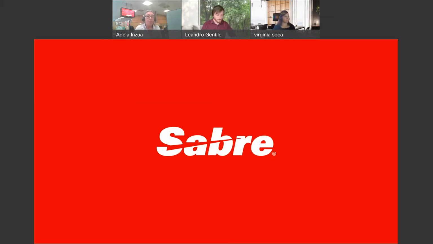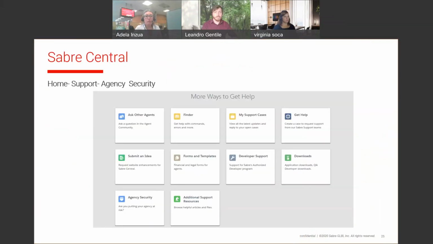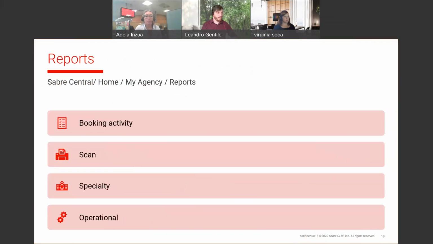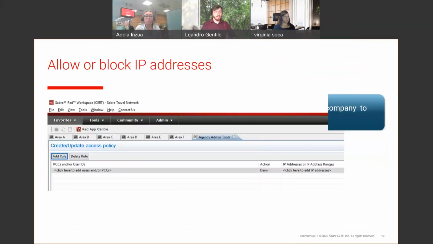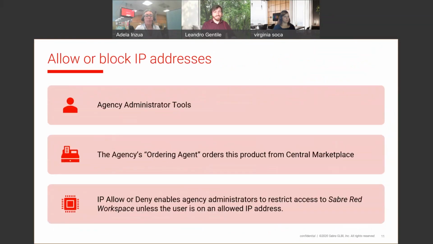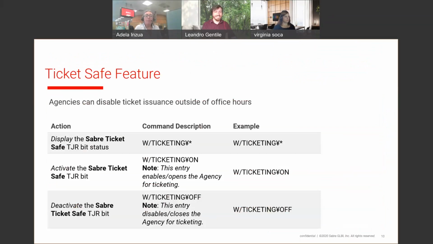Sure. Maybe we can go to the same slide so I can show you the entries. Wow, we have seen a lot. Let me see. Okay, over here. All right. Ticket Safe can be activated by only two entries: turn it on and turn it off. An agent who has to be a sub manager, with the keyword sub manager or duty code number 9, has to perform the entry